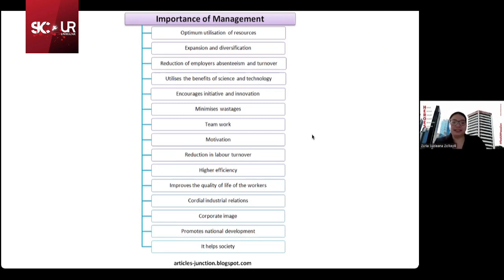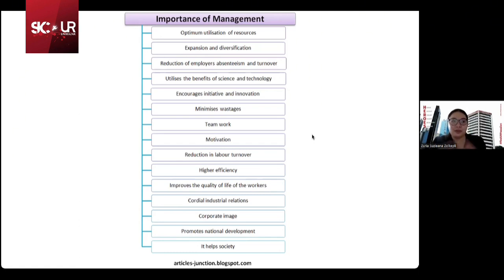So the elaboration of it: efficient means that you are doing things right, for example, you have a lot of resources, so you try to do things right by allocating the right amount of resources towards something. So there will be no wastage, there will be no overlapping of work, for example. And then effective means that you are doing the right things at the first place, so you don't have to redo them many times.